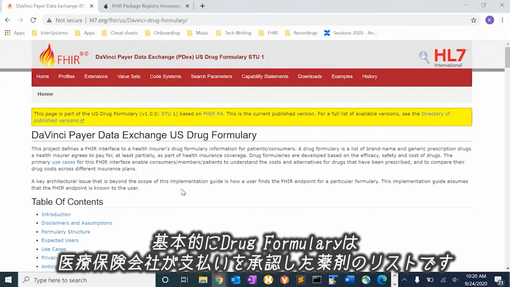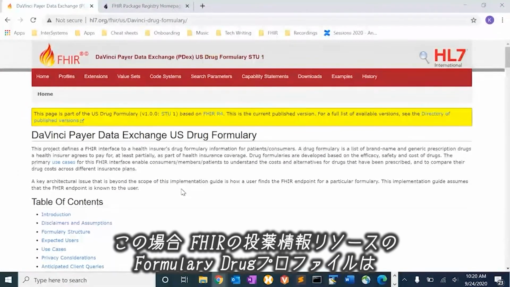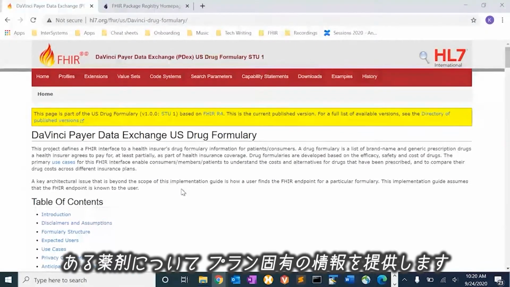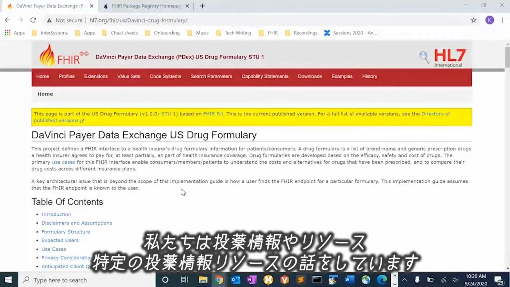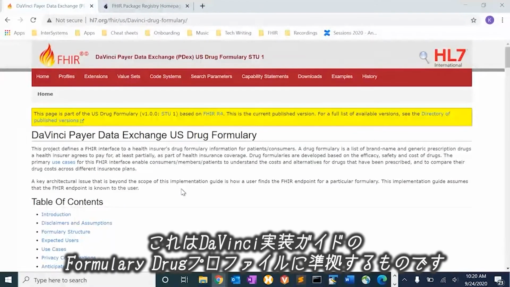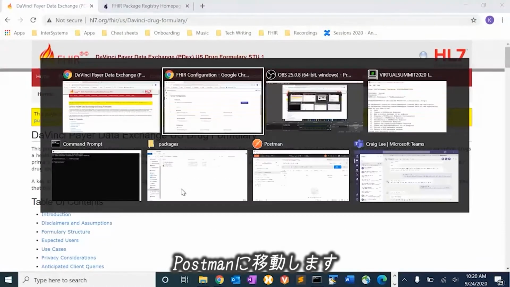And basically, a drug formulary is a list of drugs a health insurer agrees to pay for. So in this case, the formulary drug profile of the FHIR medication knowledge resource provides plan-specific information about a drug. So we're talking about medication knowledge resources, in particular, medication knowledge resources that conform to the formulary drug profile of the Da Vinci implementation guide. So let's go to Postman,